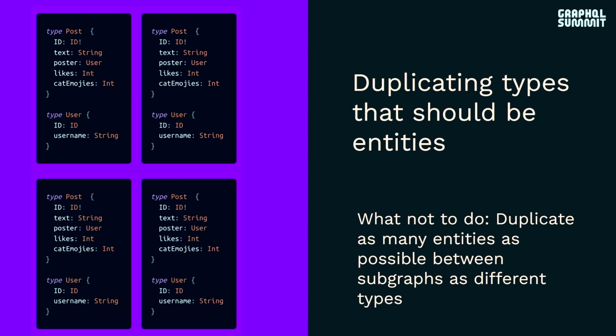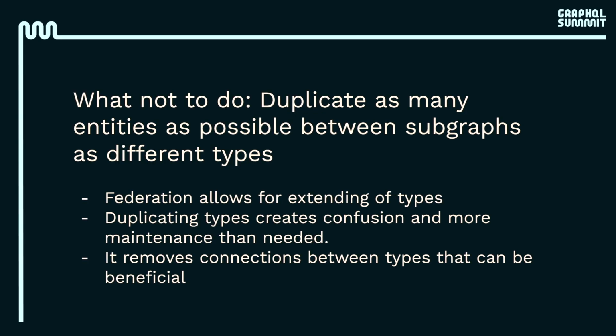So on the other side of that, right? In federation, one of the things you can do is you can have entities. One of the best things you can do if you want your subgraph to burn, don't use them. Just copy everything around, copy paste it, and just, hey, here's user in every single thing exactly copy pasted. Federation allows you to extend types. Highly recommend it. If you don't want to deal with somebody else's stuff, you can just use their ID and say, hey, their subgraph can figure out the rest. I'm just giving you the ID to link over to their stuff.